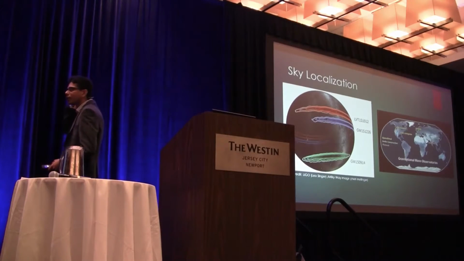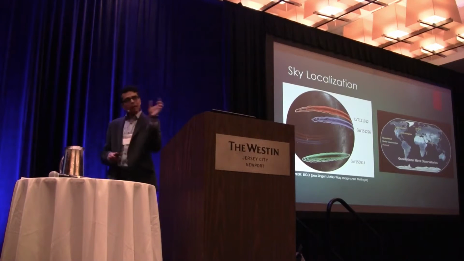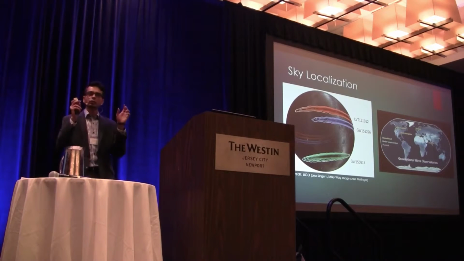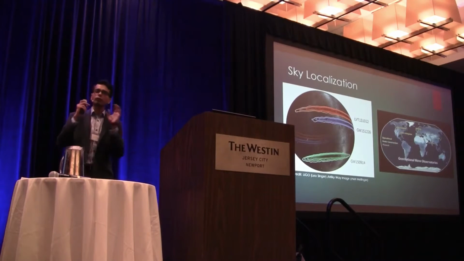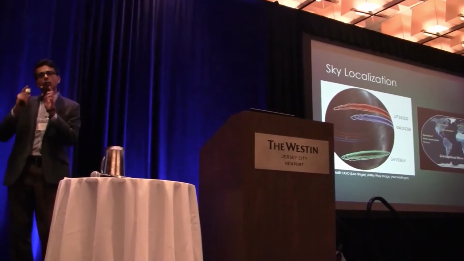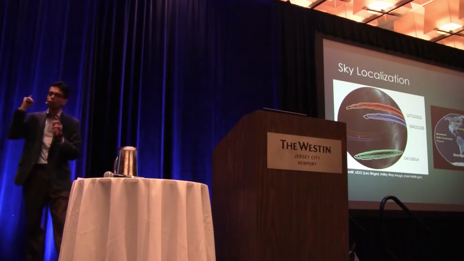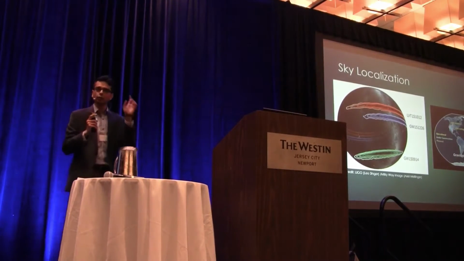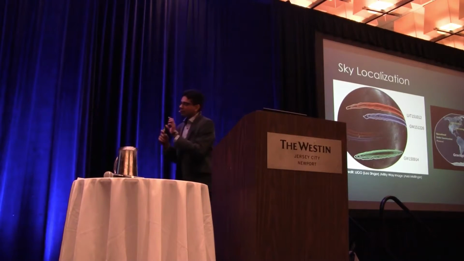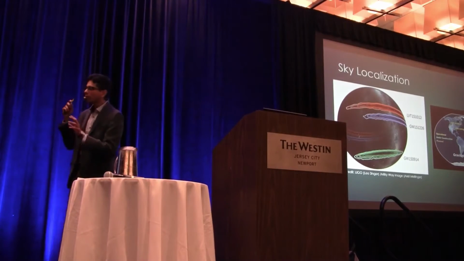The problem is, right now LIGO only has 2 detectors. The way LIGO localizes the sources is very similar to how we localize sounds. If we hear a sound, we can tell where the sound is coming from, and we can do that because there is a time delay. Depending on where the sound is, there is a time delay in the sound reaching one ear and then the other ear. Using this time delay, we can get an idea where the source is coming from. But since we only have 2 ears, our localization is actually not very good. And that's the problem with LIGO right now.